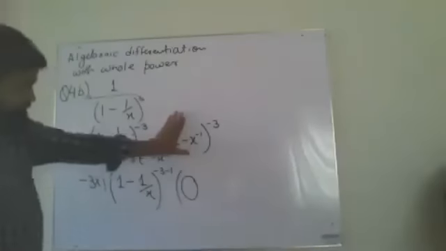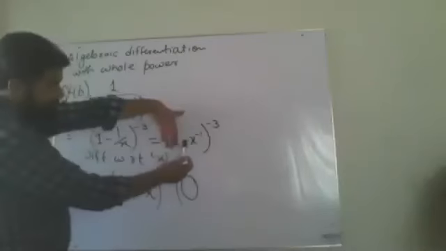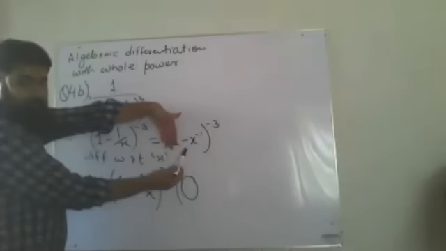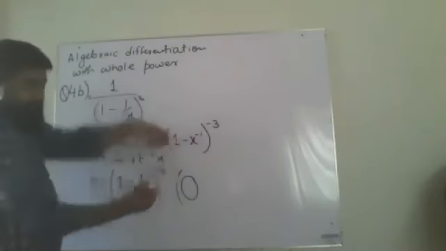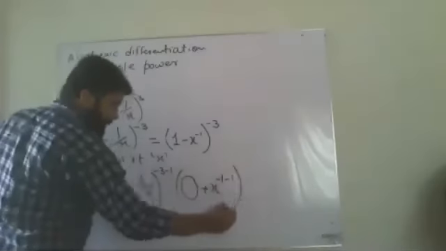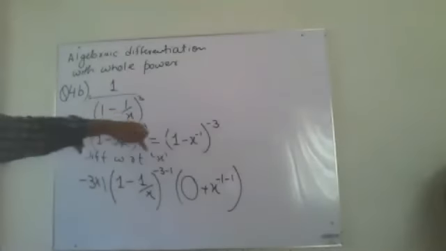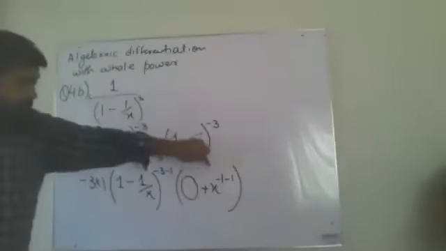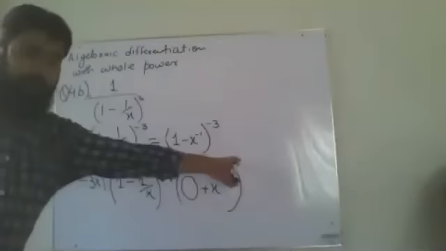Now, coming to this one, minus x to the power minus 1. What will I do? Power minus 1 will be multiplied by this, so it will become plus 1. And the power will be reduced by 1. No whole power will be there. Whole power work is done over here. Right now I am differentiating only what is written inside the bracket, so there will be no whole power written at this point.